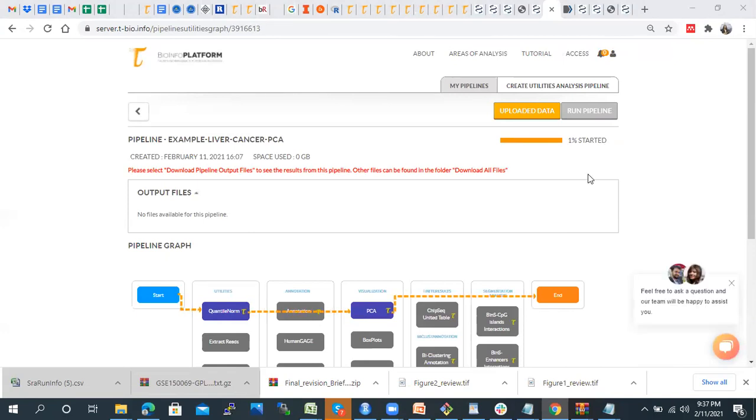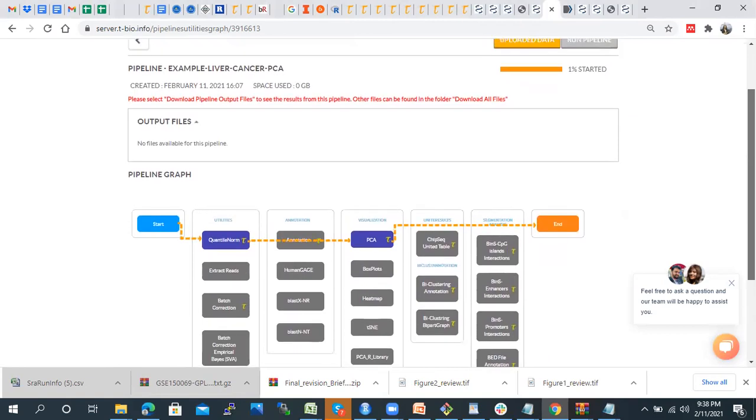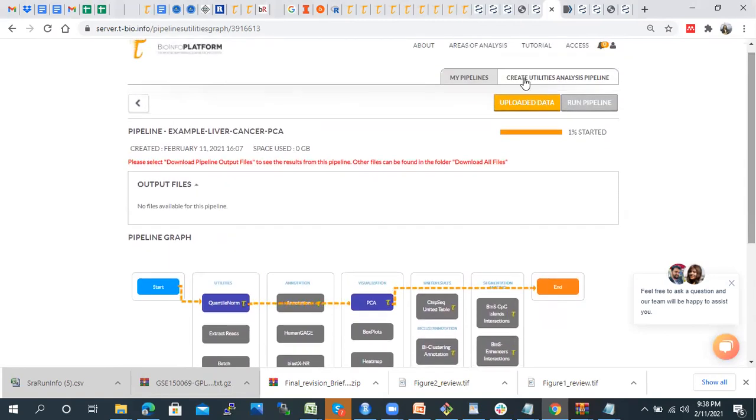Harpreet, for this we need to perform quantile normalization? Exactly. When we upload, we perform log scale transformation as well as quantile normalization. Then we can perform PCA or any type of clustering, hierarchical clustering or something. You can perform any kind of analysis with this data: t-SNE, PCA, PCR library, box plot. Those are different things.